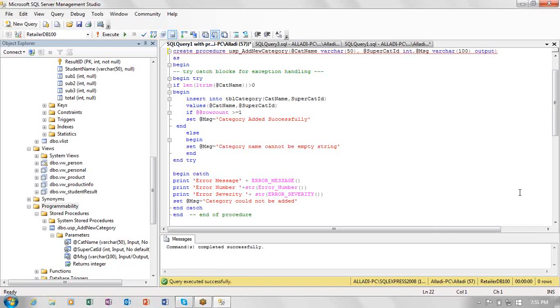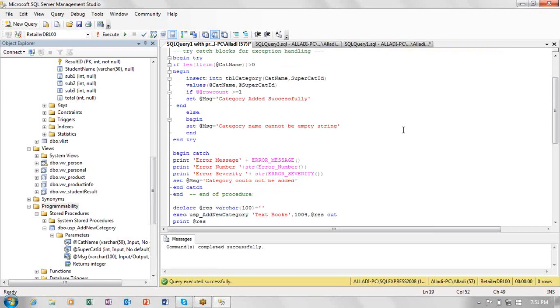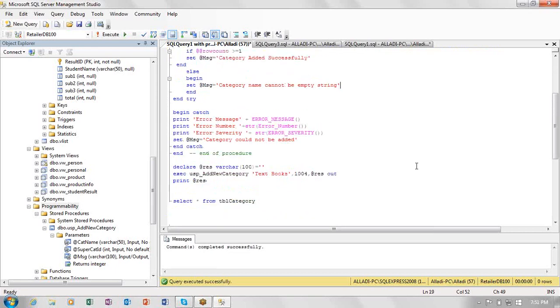So the caller is going to be getting the message with the help of @MSG. After compiling the procedure, now you need to test it. So for testing, we try to see this code. Now what I do here: declare @address varchar(100), exec usp_add_new_category textbooks, 1004, @address out, print